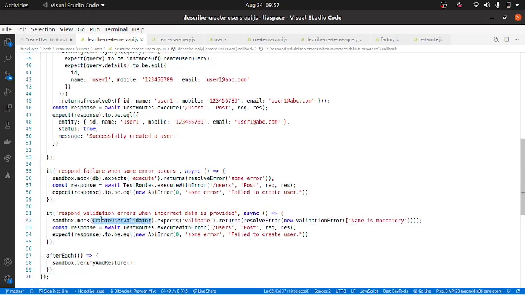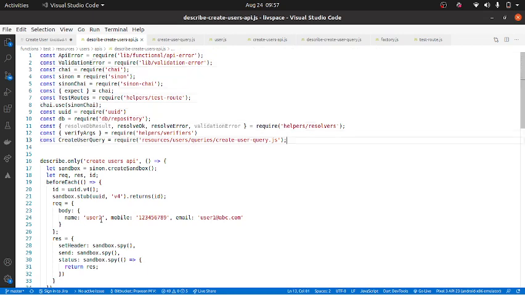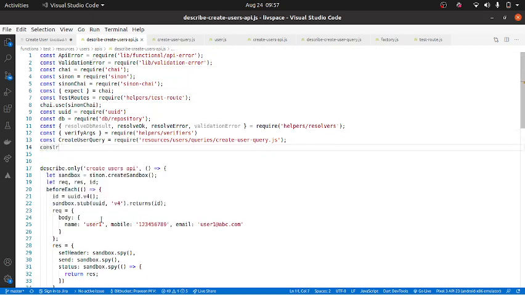Create user validator. const createUserValidator require with this and validators createUser. Okay, this is taken care of.